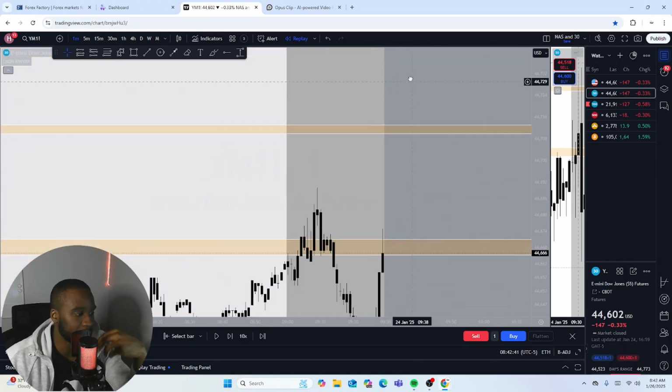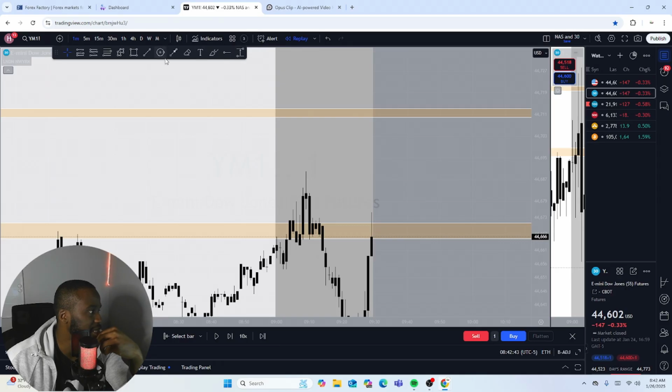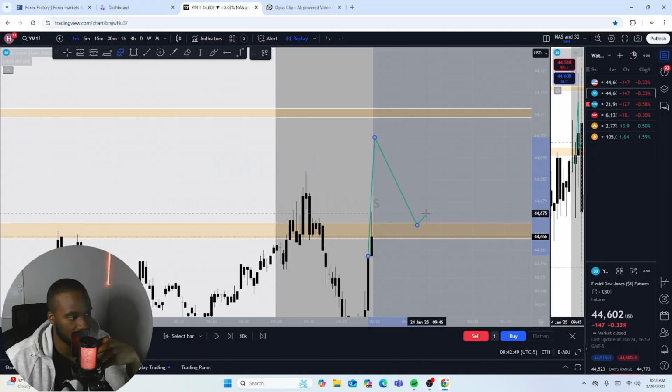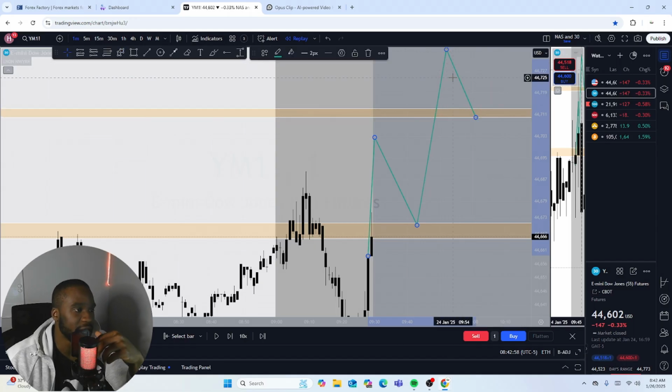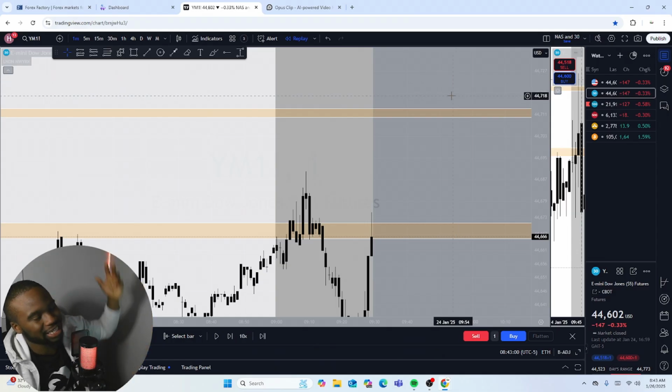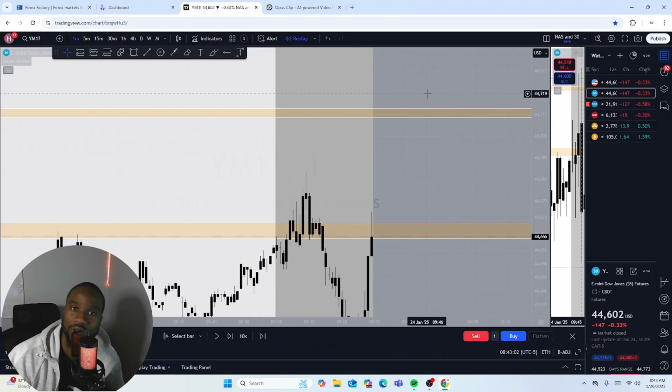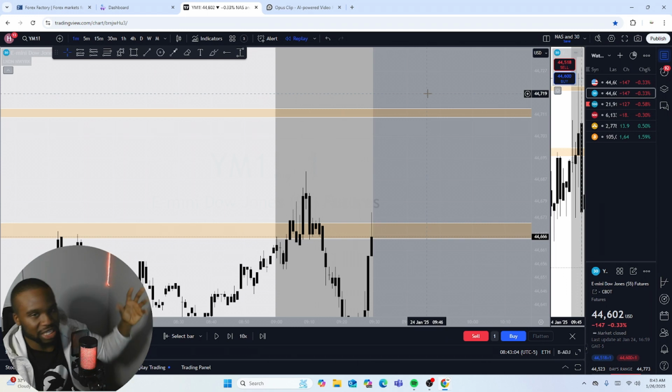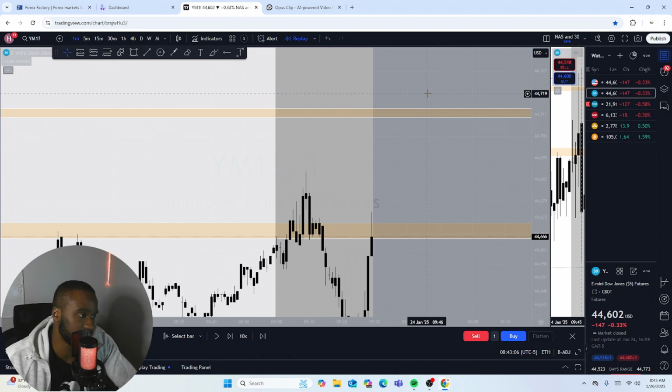I can also take buys too if price does something like this. Say price bulls past this area, then it comes back down to it, I'm going to take buys, right? And I'll probably be looking for sells up here. But if price goes like this again and it comes back down to this area, I'm looking for buys here. So it just depends on how structure lines up, how structure correlates with these areas of interest on the 1